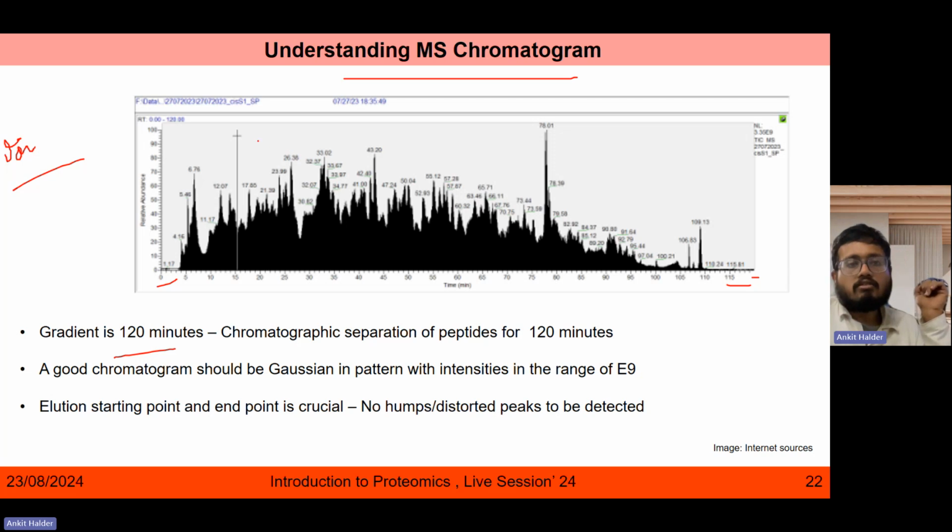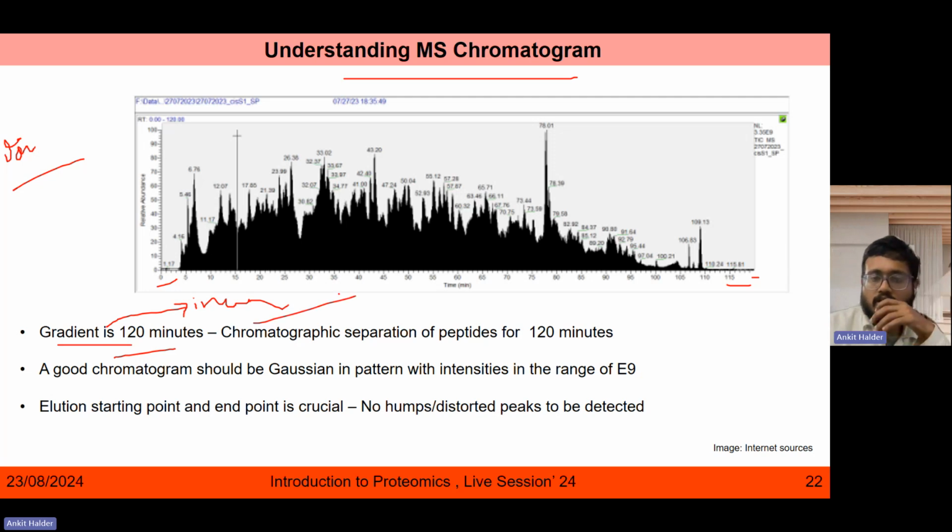Once you have the end time, your gradient, as I have mentioned, keeps increasing the percentage of hydrophobic solvent, and your peptides will keep on eluting